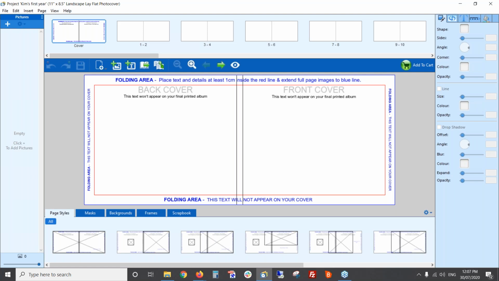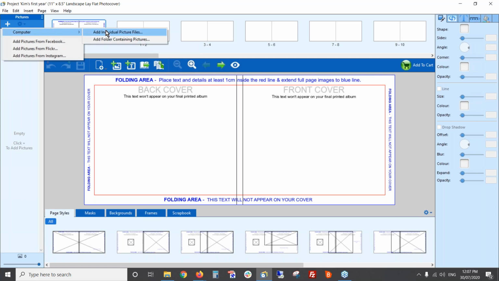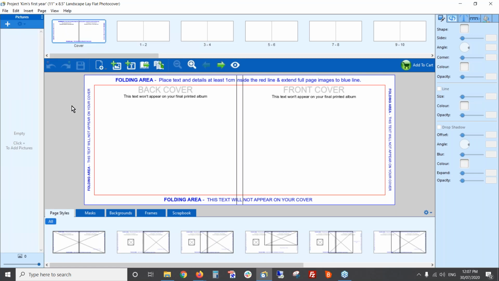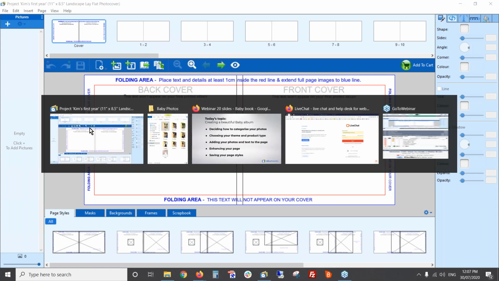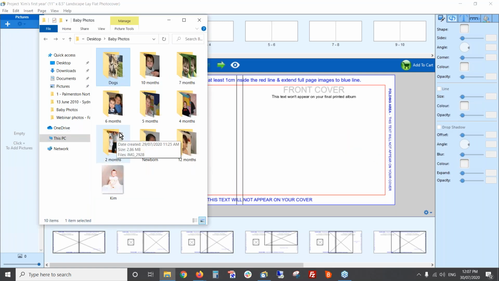Also, normally I would add my pictures to this picture list here, just by clicking on the plus sign, clicking computer, and then you can add your photos here. I'm going to show you another way to do it today. So if I go back to my File Explorer window, and you can do this on a Mac as well with Finder,